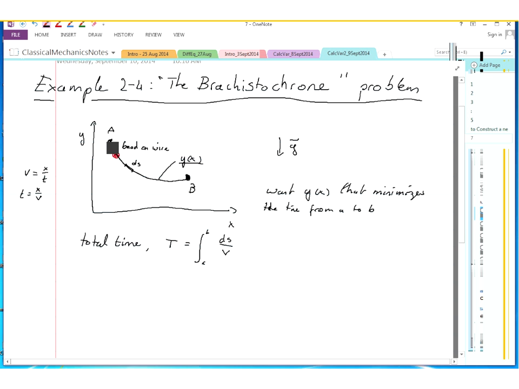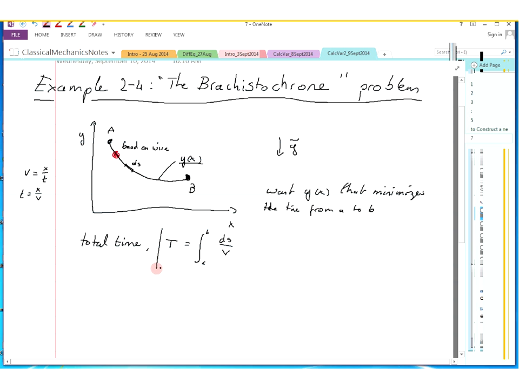Since v is distance over time, t is distance over v. So the total time is the time along the first little piece of wire, then the second piece, and the third piece. You make the pieces of wire infinitely small, and so that sum of infinitely small pieces is an integral. And so the total time is the integral from a to b,